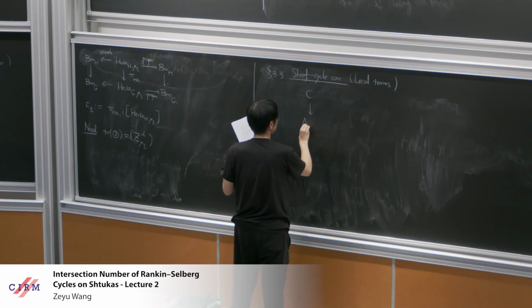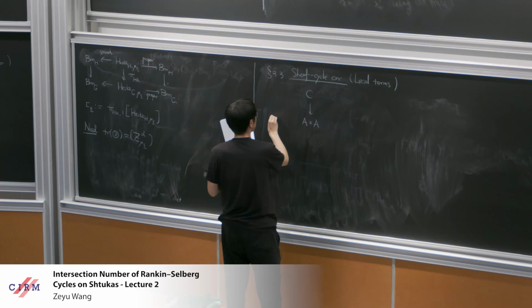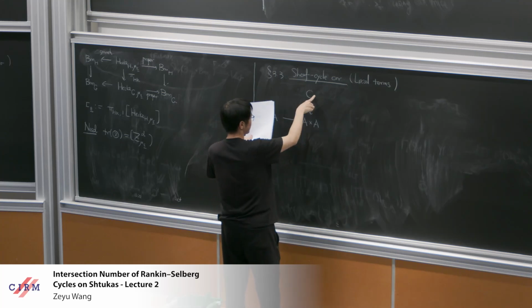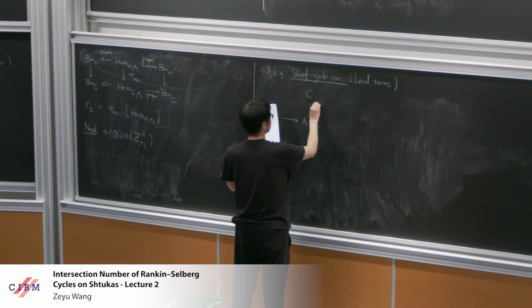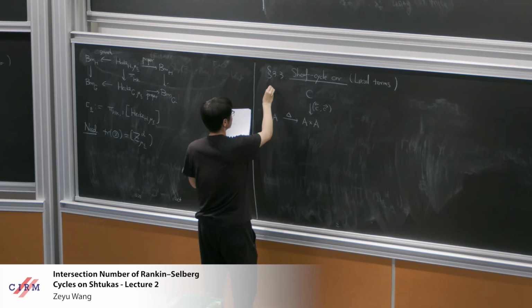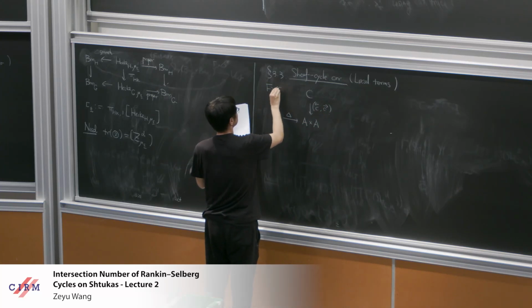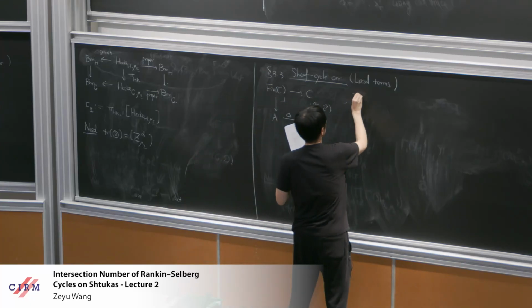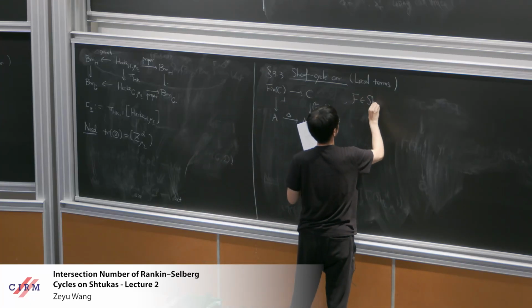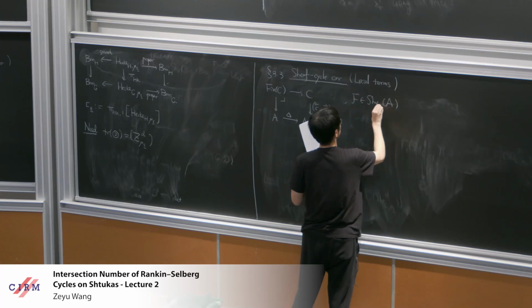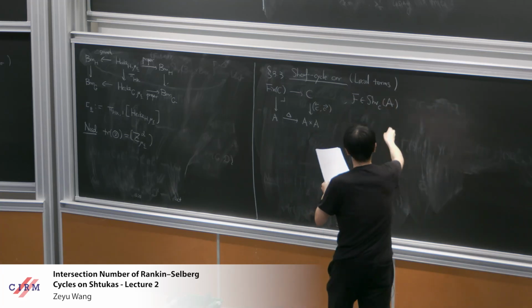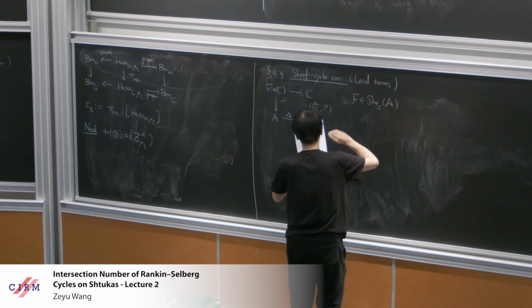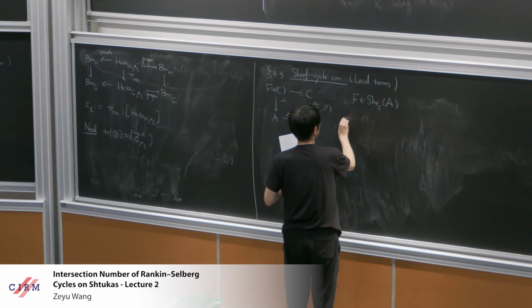For a general correspondence, you can consider this general setup. Suppose you have a correspondence between A and A, with two maps C left, C right, and the diagonal A to A times A, and you have this fixed point locus. Then suppose you have a sheaf on A, but you assume it's constructible. Then there will be a map